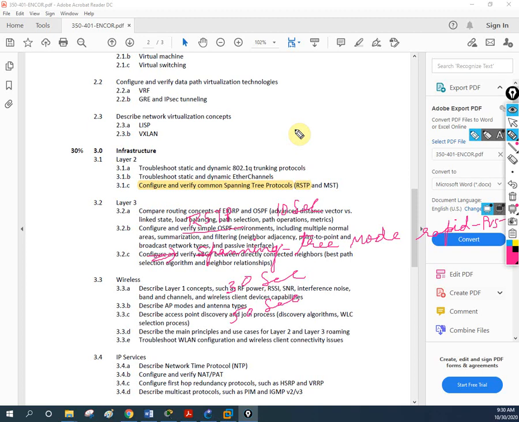Some organizations use this feature, some do not. It is known as PortFast. The STP PortFast feature immediately puts the port into forwarding mode, and we use it when we connect end devices to the switch. Whether it is used depends on the type of organization. It is better if you know about it, though it is not in our syllabus. But anyhow, we are going to discuss PortFast in the next class. After that we are going to start MST.